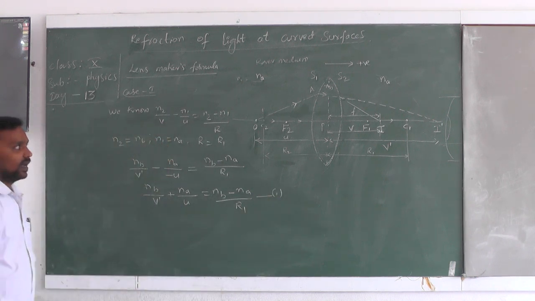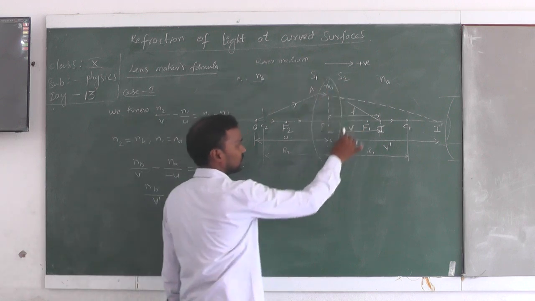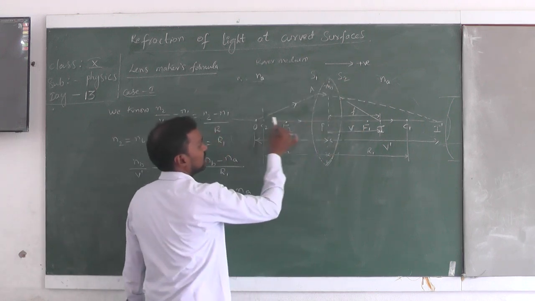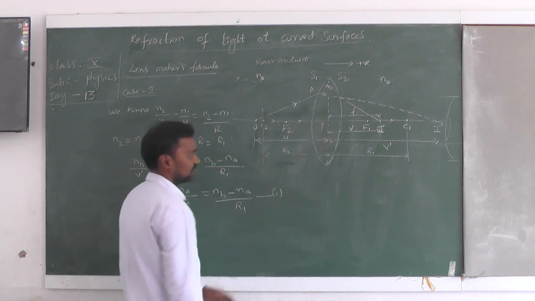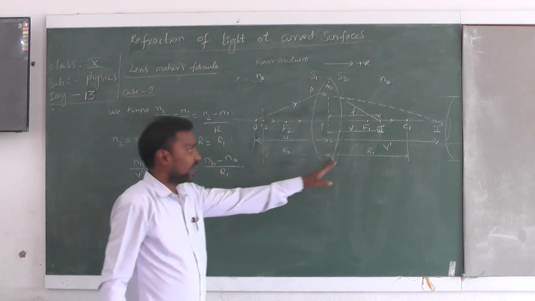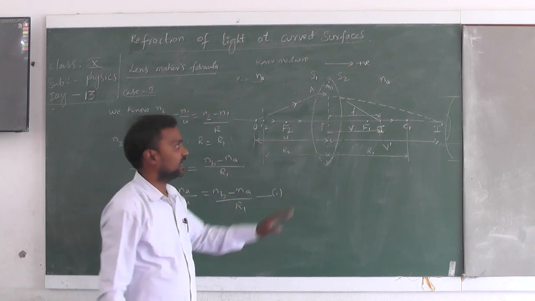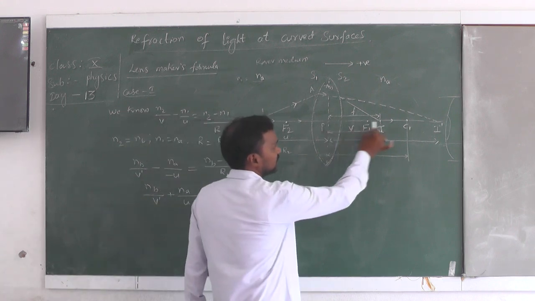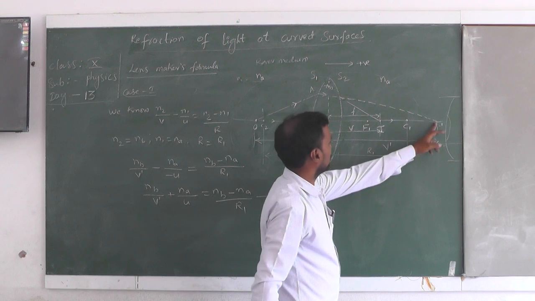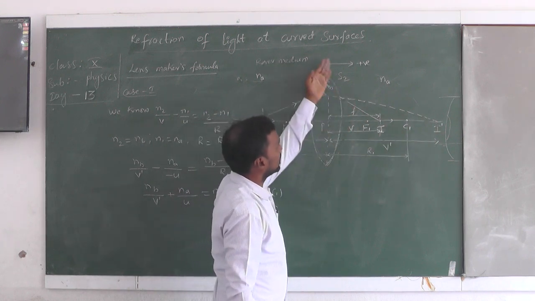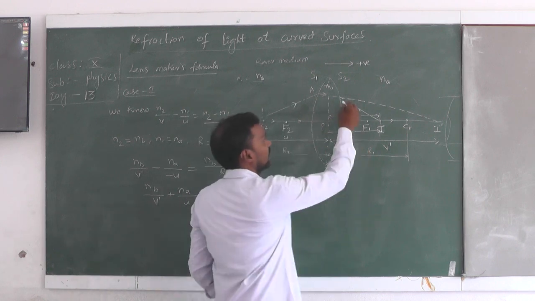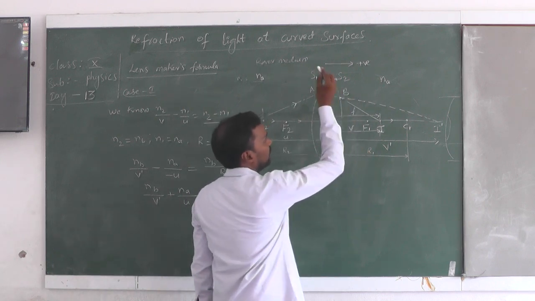And with respect to surface 2, this surface here, the distance between the center of curvature and optic center is called the radius of curvature. R is equal to R2, and it is on the left side so we take minus. And second, I dash becomes the object for this surface. Light is coming in this one. This is behaving as a concave surface, and let the meeting point be B.